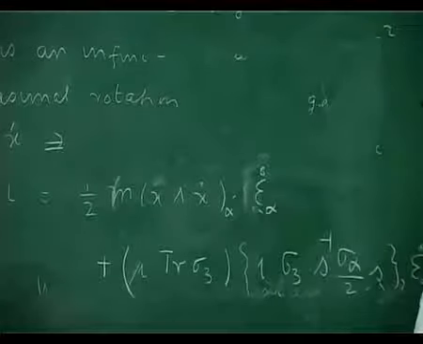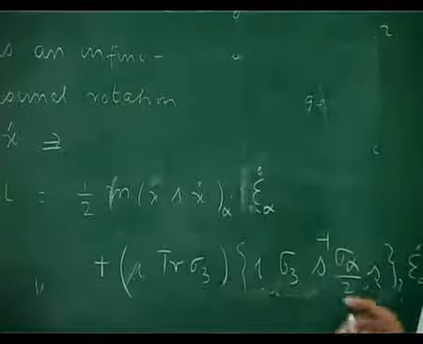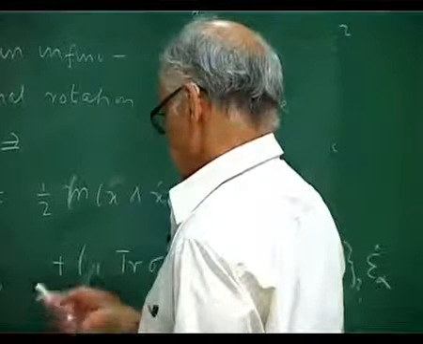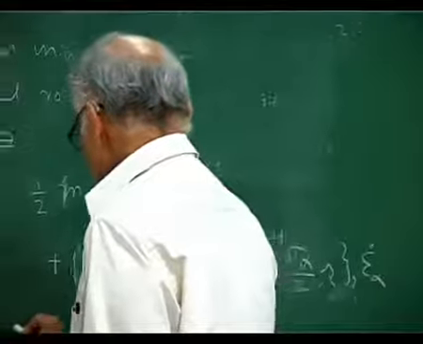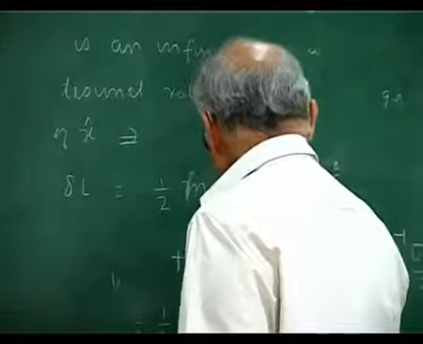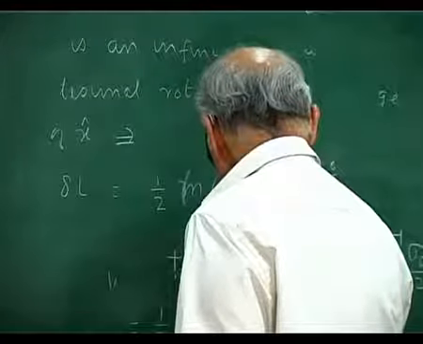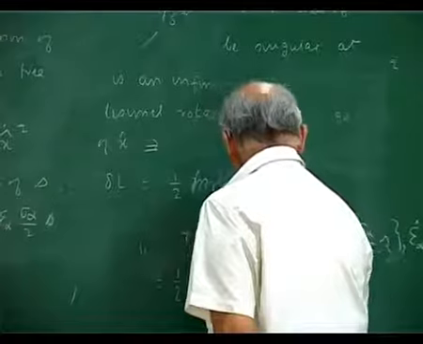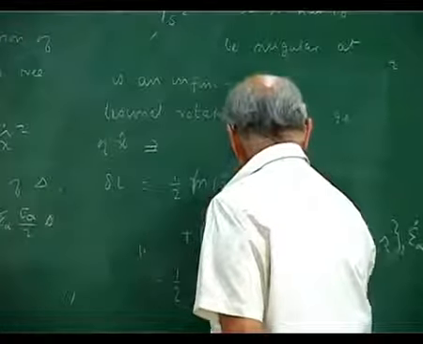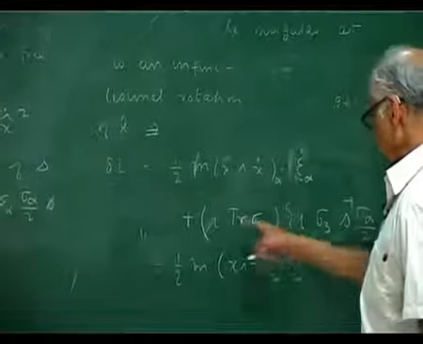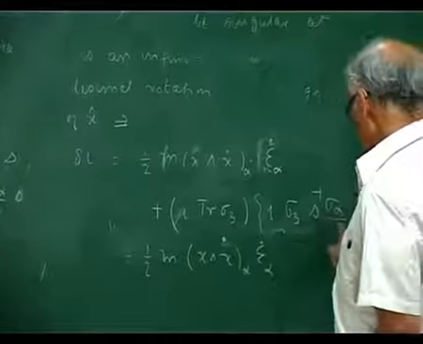Yes, there is a sign, I have not been careful about signs. So this is 1/2 m x cross x dot alpha epsilon alpha dot minus i squared is minus, then I have,